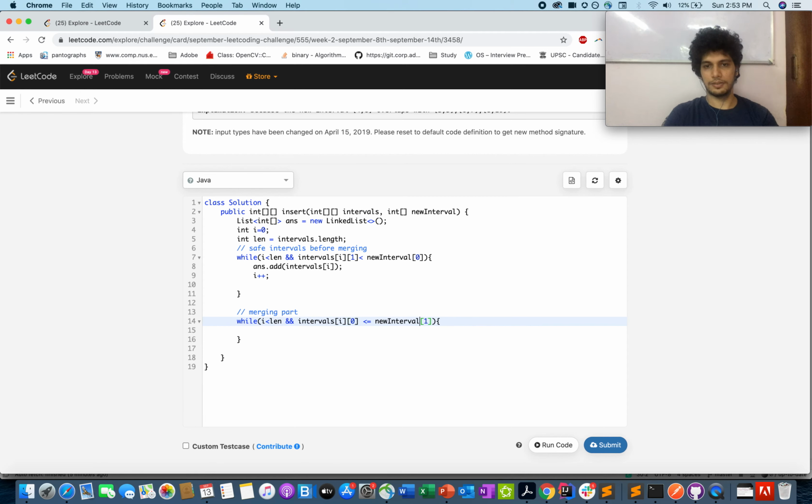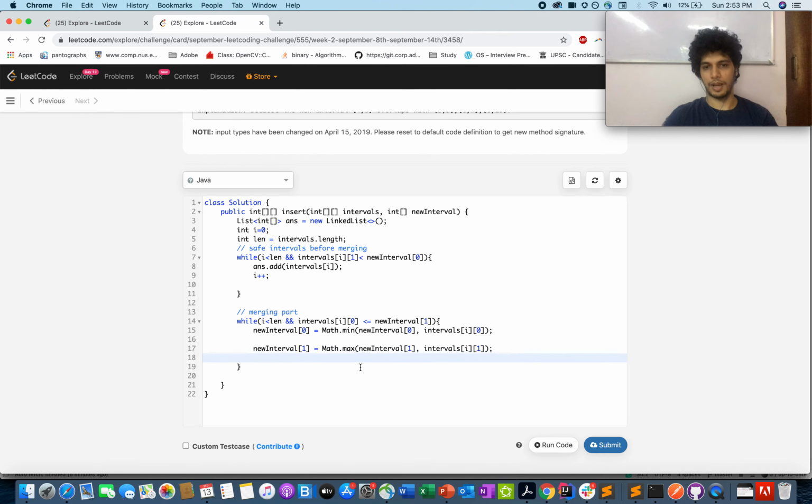How do you do that? So new interval dot start is equal to Math dot min of new interval dot start comma intervals of I comma 0, and similarly for the end part, instead of minimum you will take the maximum of the two, the new interval or the iterating interval, and you'll update I.